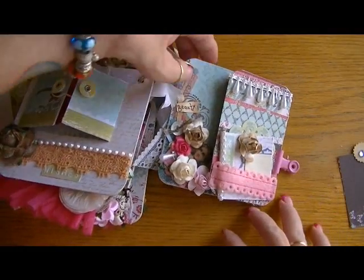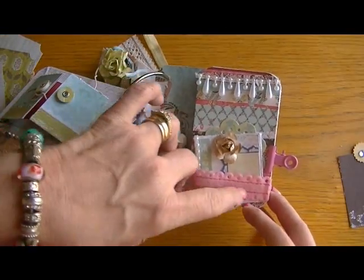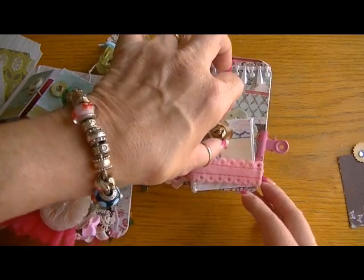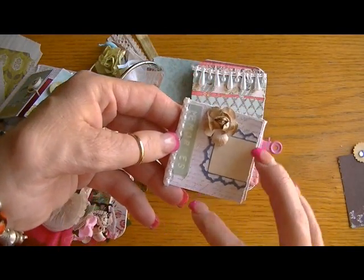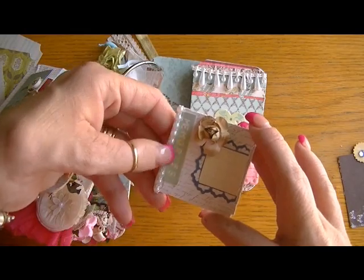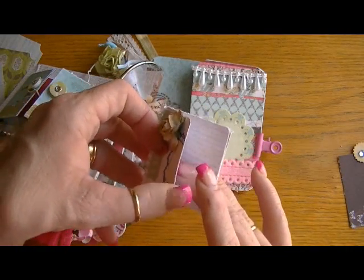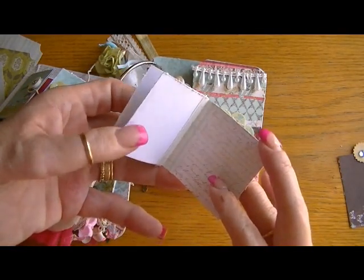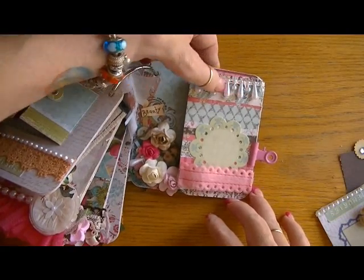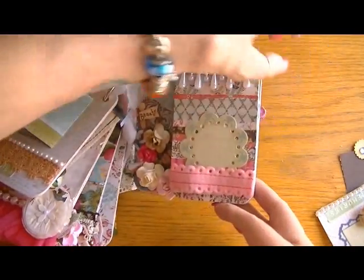And this last page, I made like a little fold out. This felt trim, Lydia had sent me in a pack, and I used that as a band to hold this little book that I had made. This is a label, that Cane Company label. Donna had sent me a whole bunch of them, so I used it here. That's a Cane Company sentiment. And this is one of the flowers you can find at Cassie's Art Fire store. And I just made a little booklet for journaling or whatever. And these pearls here, Lydia had included in the little kit. And if you take this clasp off,